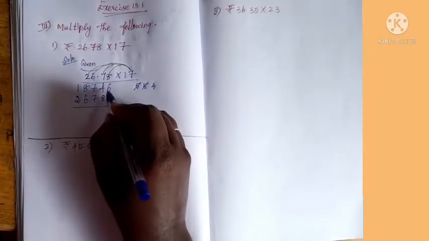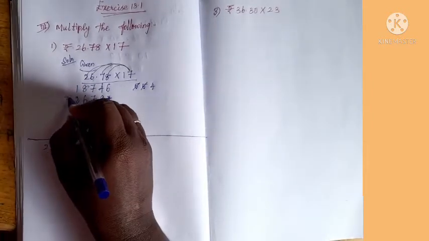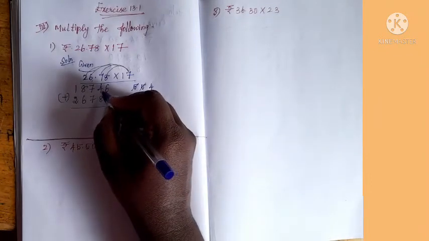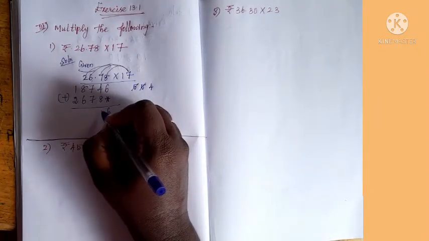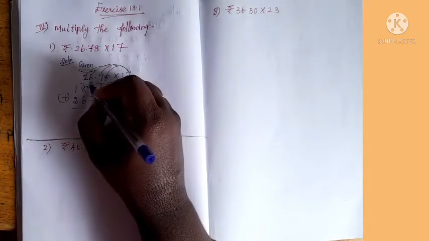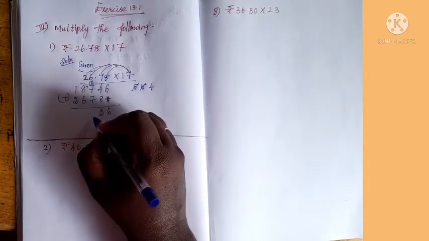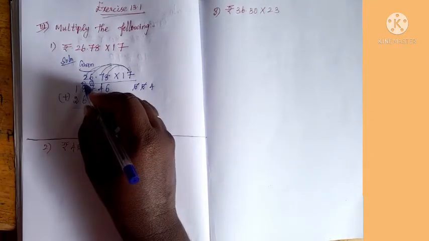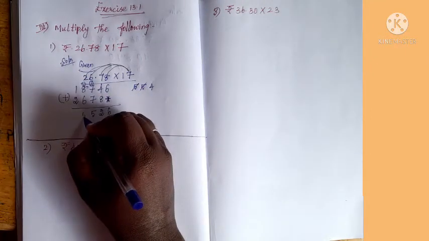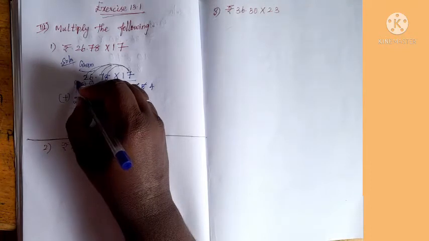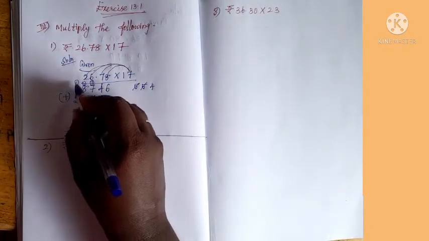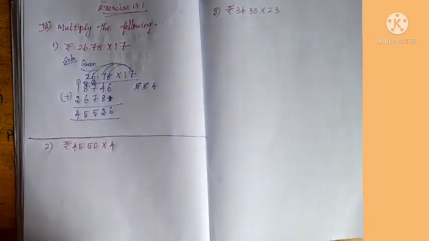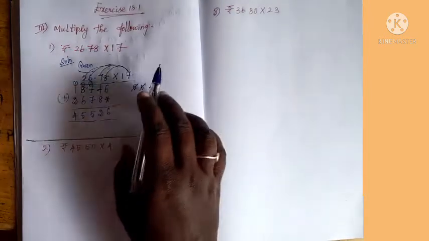We multiplied. Now this is normal addition. Add the numbers. 6. 8 plus 4, 12. 1 is carry over. 14, 15. Again 1 is carry over. 8 plus 1, 9. 9 plus 6, 15. Again 1 is carry over. 2, 3, 4. 4. At last, finally you need to check the point.